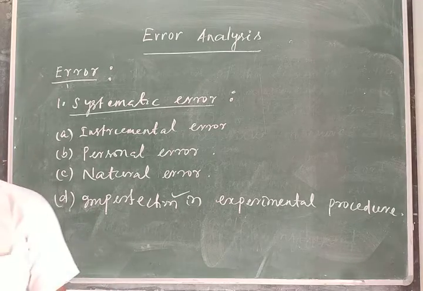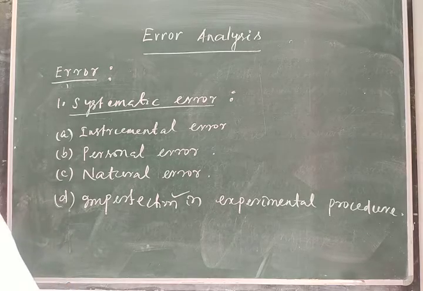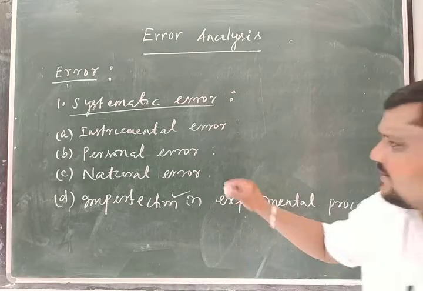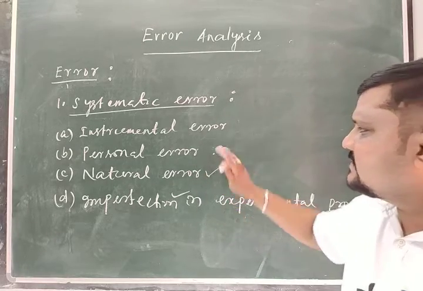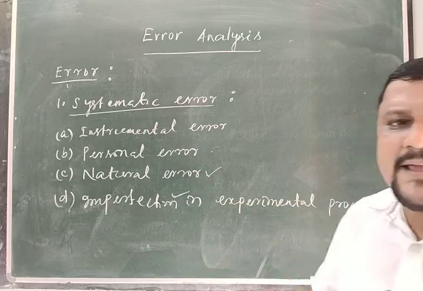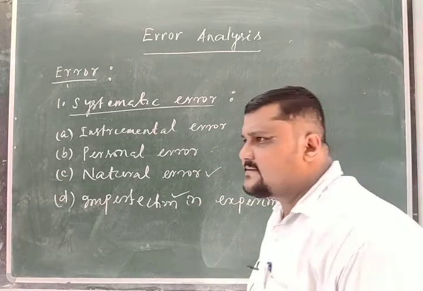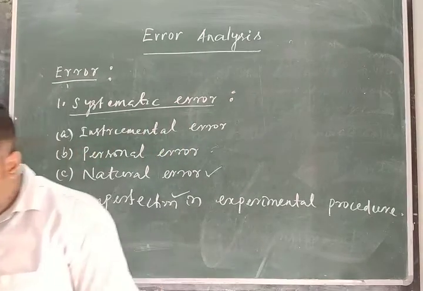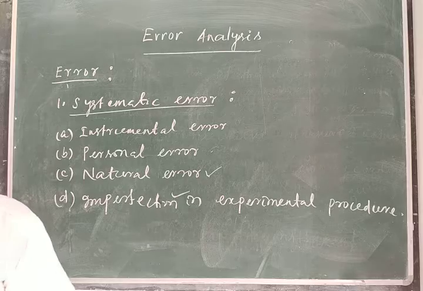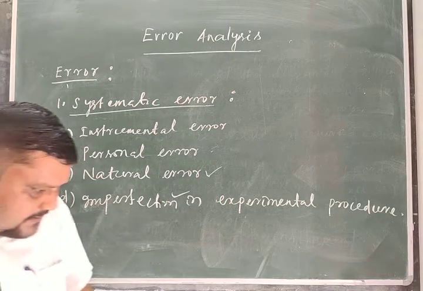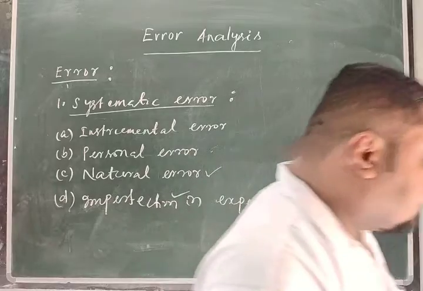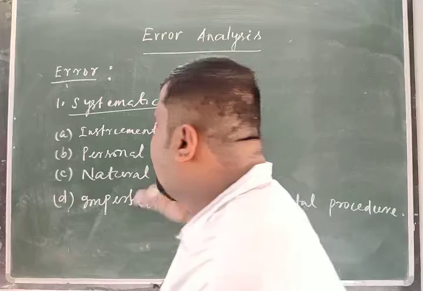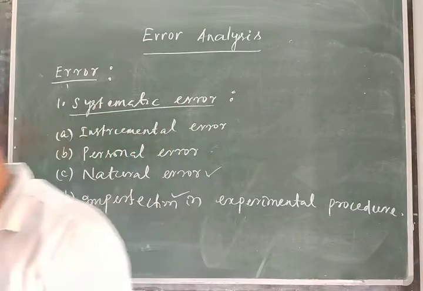The other way is by overcoming the personal error while measuring; by overcoming that, the natural error can be reduced. Then the personal error can be reduced if I take proper carefulness and precautions while doing the measurement. Then I can minimize this systematic error.